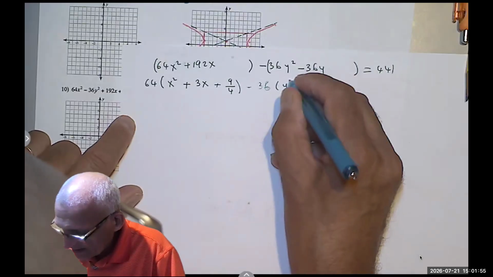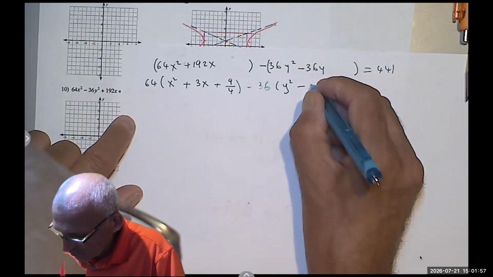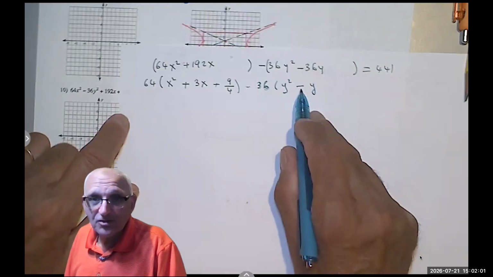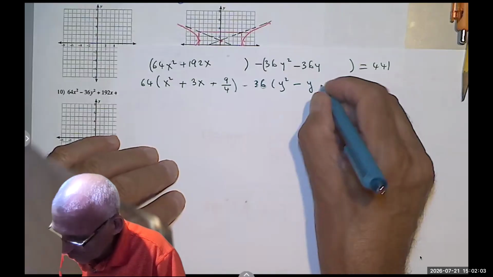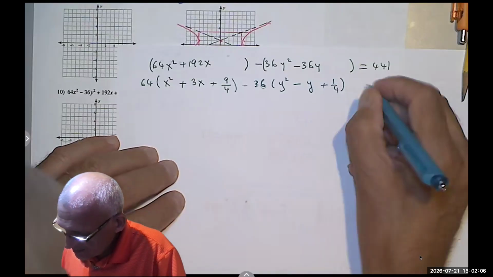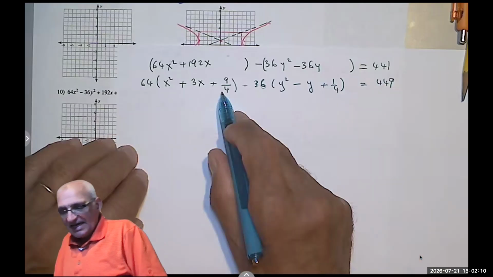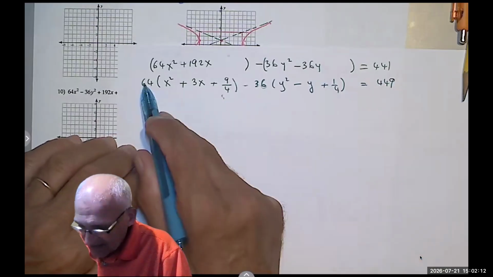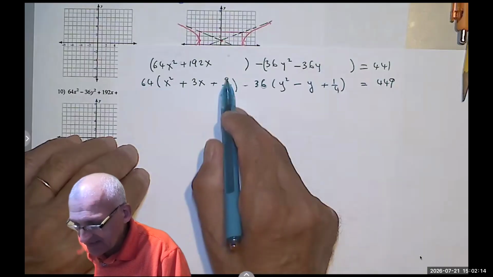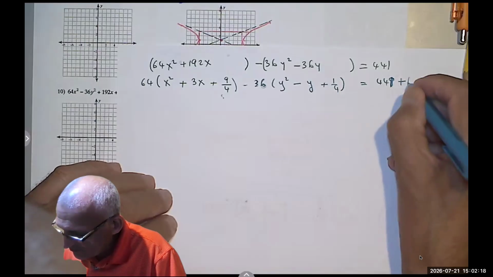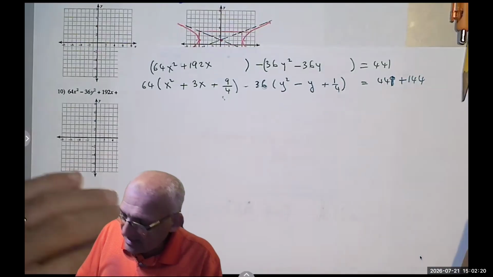Times y squared minus y. I divide 1 by 2, I get 1/2, square it, I get a quarter, equals 441. Now, how much did I add? I added 64 divided by 4 is 16 times 9 is 144. So I added 144. And here